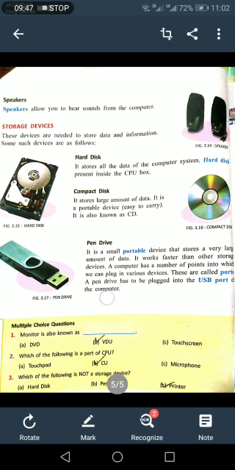Okay students, read it at home. We have learned about different devices of computer: input devices, output devices, processing devices and storage devices. You have to complete these MCQs exercise from page number 22 till 26 in your book. These are very simple and very easy. So you have to do it by yourself. Okay, students? Complete your work neatly.